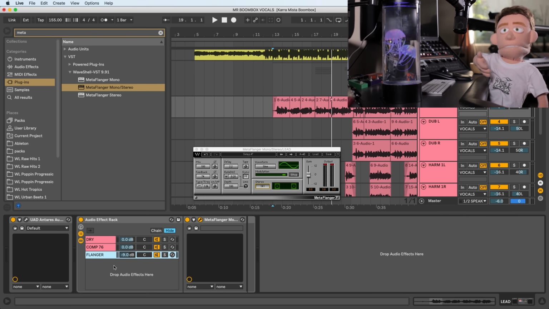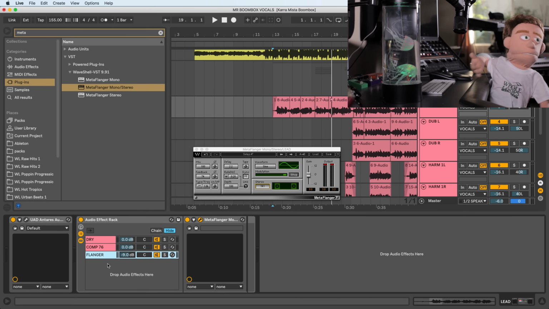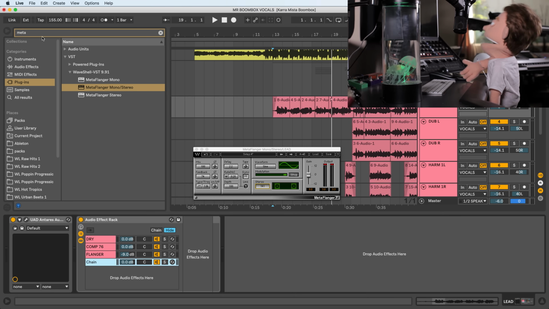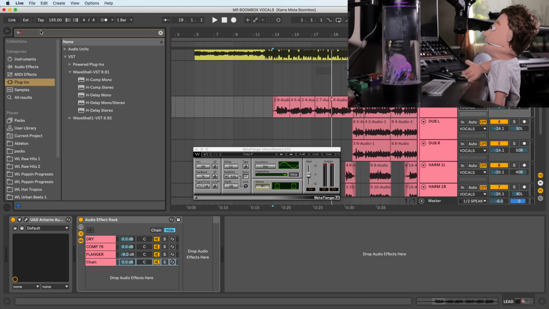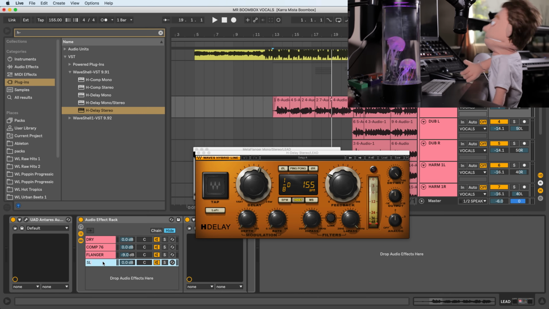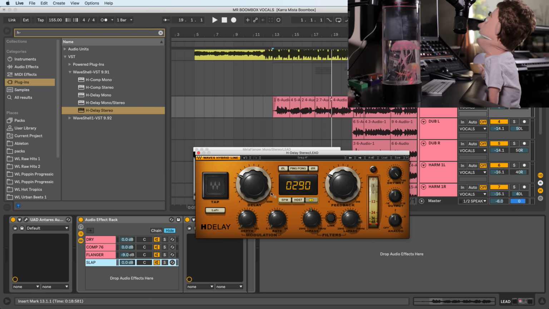So let's move on to our next effect. And as we go, our effects are going to get more effecty, I should say, less subtle. So let's create another chain, and we're going to set up a slap delay, and we're going to use the H Delay for this, an amazing delay plugin. Call this one slap. Okay, so we got our dry wet all the way up. We're going to thin this out a little bit, mostly on the bottom, not so much on the top. And instead of having it be from the BPM, we're going to do it from